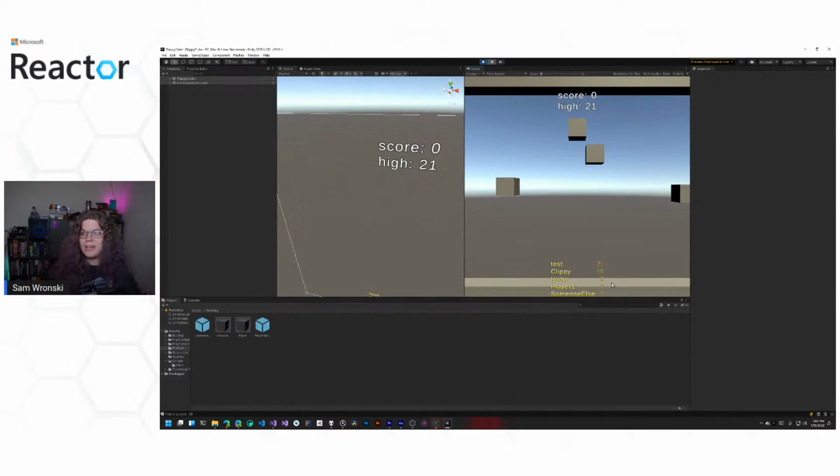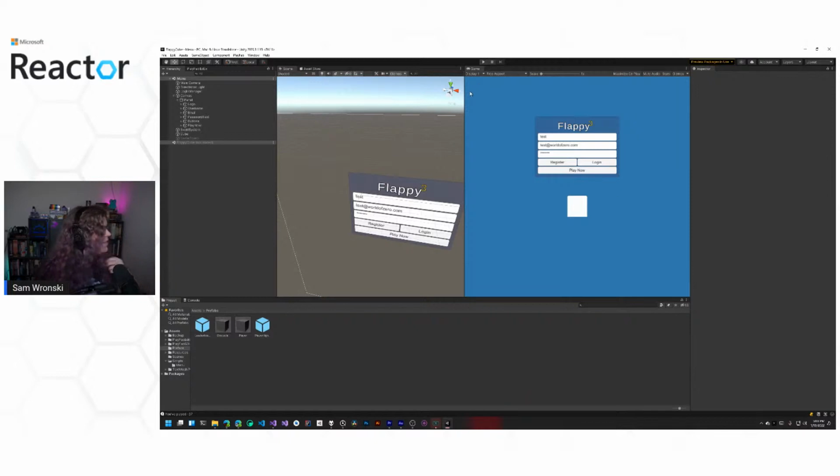But this gives us a way to actually compare things. We're going to look at how to set all of this up, step back, and re-implement most of this so that it works. I did this all beforehand because of things like setting up this UI. I don't know how much time we wanted to spend on that, so we're going to try to spend as little as possible. So this is what we're building. And if I keep playing, we will lose. And that's that. So here we are with our game.